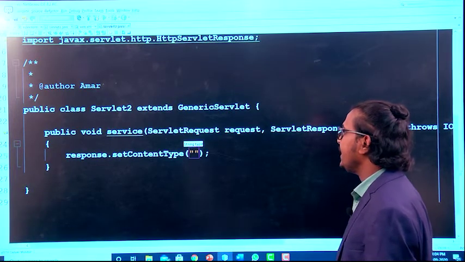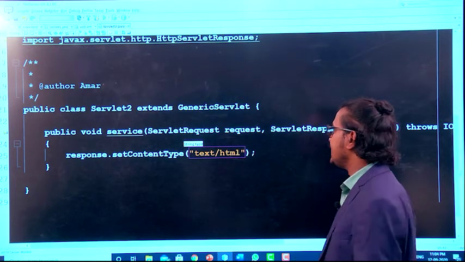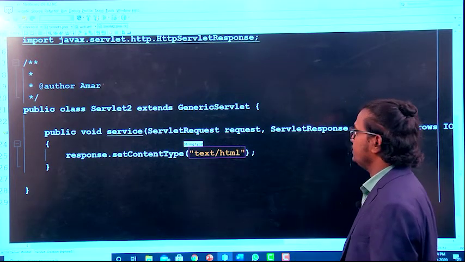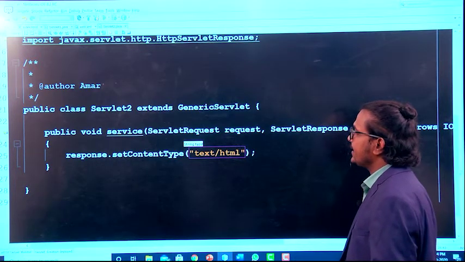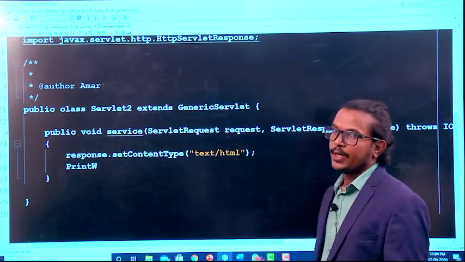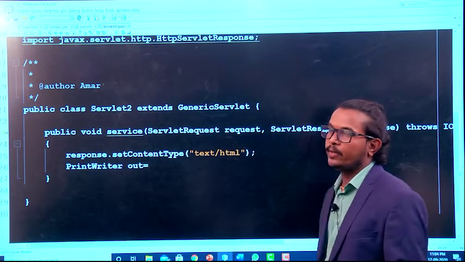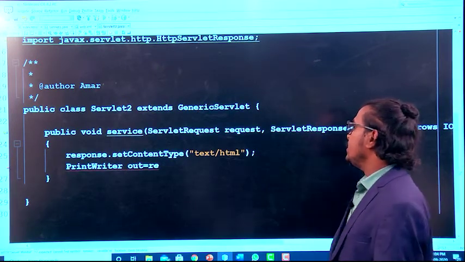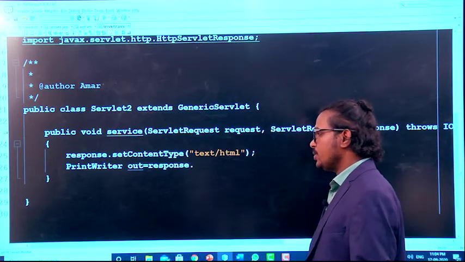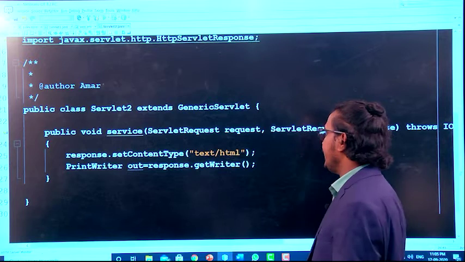What is my content type here? text/html. After that you construct the output stream. For that I am using PrintWriter out equal to response.getWriter.